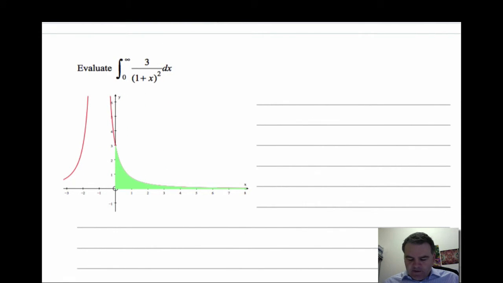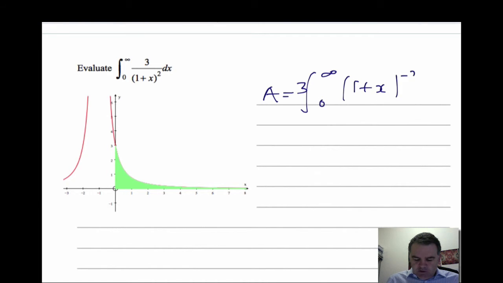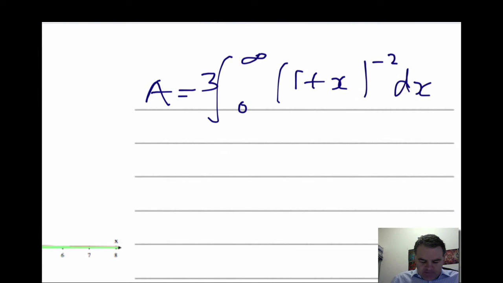So we know that the area, which is that green area that I've shaded there, is that integral there. So let me just write it a little bit differently. So I'm going from infinity to 0 of, let me put the 3 out the front, and I'm going to call this 1 plus x to the minus 2. Now we can use the chain rule here to actually work out this integral, can't we? So if I write the 3 at the front,